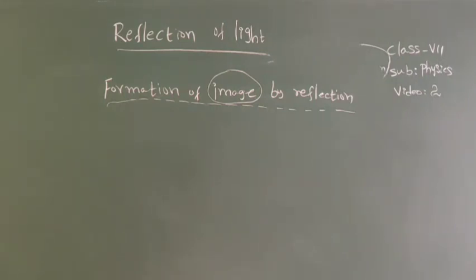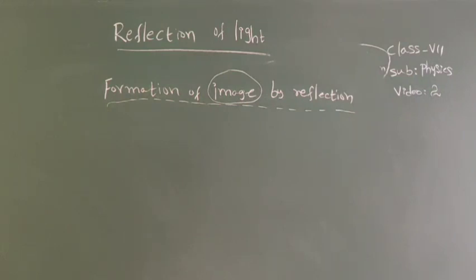A ray of light is incident on a mirror from a point object. Each ray gets reflected and obeys the laws of reflection. The point where the reflected rays of light actually meet, or appear to meet, gives the position of the image of the point object. Thus we can obtain the position of the image of different points in the object. By joining these points, a complete image of the object can be obtained.